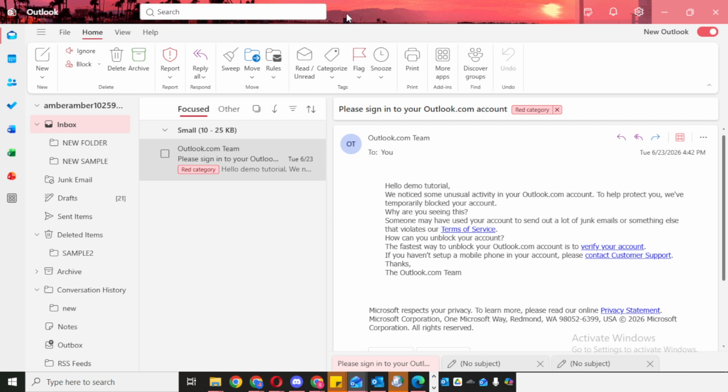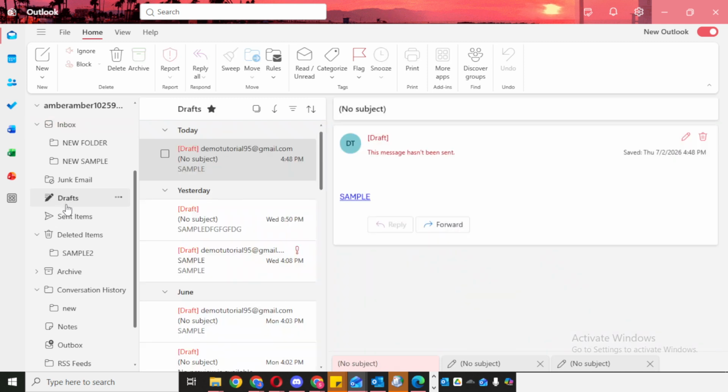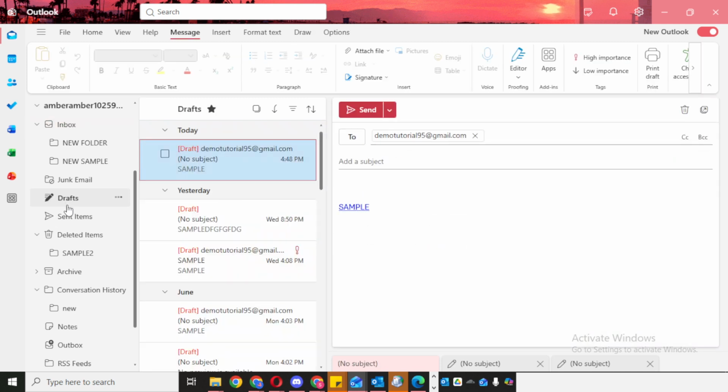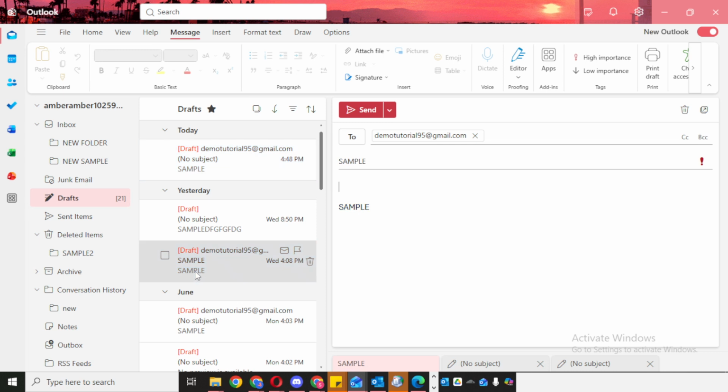This is where you can find unfinished emails, including messages you may still be working on or emails you saved before sending. If your scheduled email was saved there as part of your workflow, this is a good place to check first. Take a moment to look through the messages until you find the one you want to review. You may also notice that certain folders or sections can be added to favorites for quicker access. If the message or folder you need is there, simply click it to open the email.